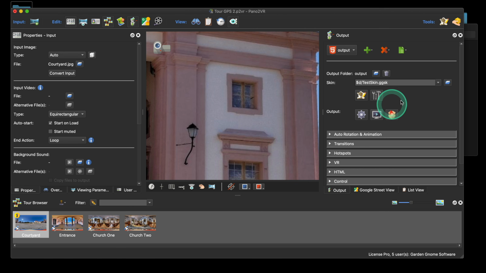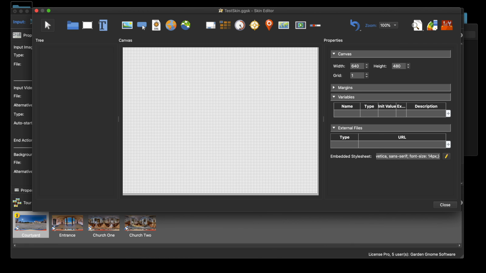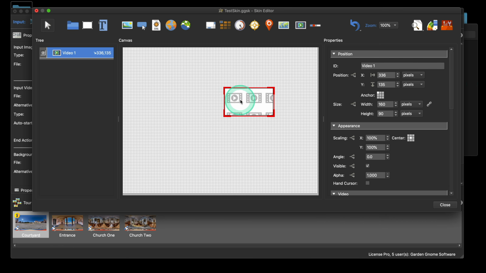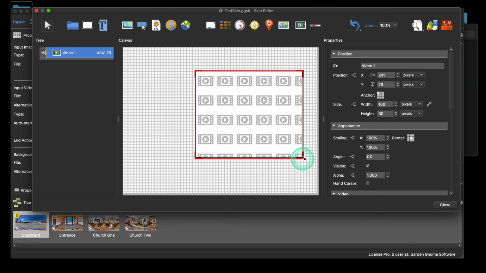Okay, now what I want to do is talk about the various ways that we can add video to the video element. Now the video element is up here, it's in the toolbar. When we hover over it, it says draw video. I select it, move the cursor into the component of the skin editor canvas, click, and it adds the video element there. I'm just going to draw it out, make it a little bit bigger,